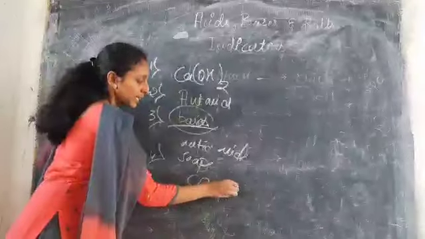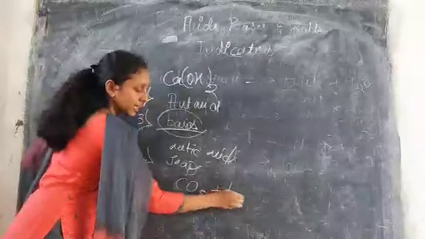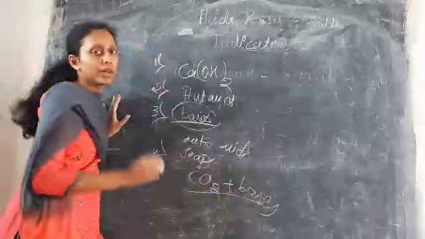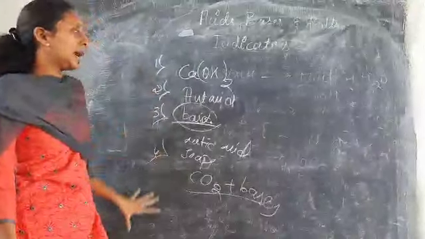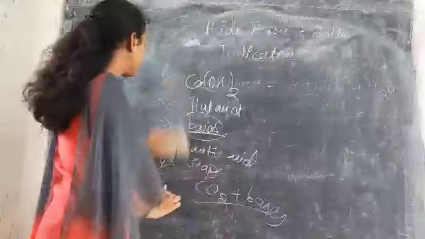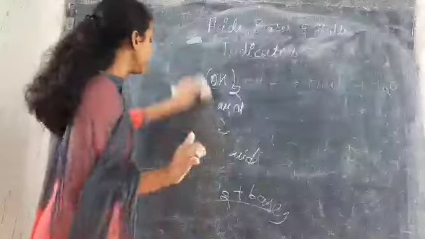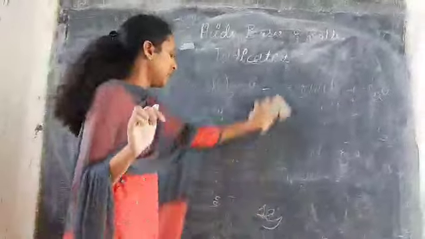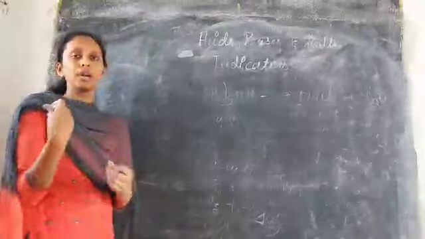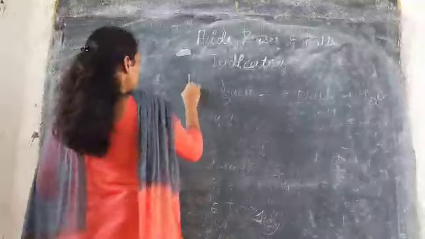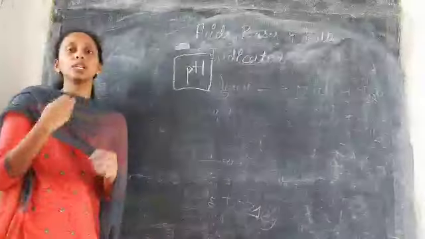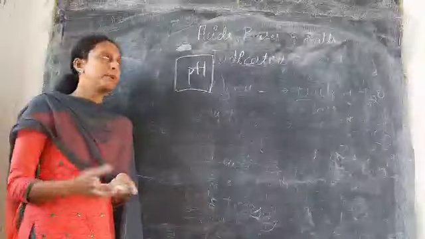So what happens is, they take bases in their spaceships so that it will neutralize and there will be no problem. So these are a few applications of this neutralization. Next, we came to know the nature of the acids and bases, so we have to know the strength of the acids and bases. So how do we identify the strength? By the pH. By knowing the pH, we can know the strength in terms of numbers.